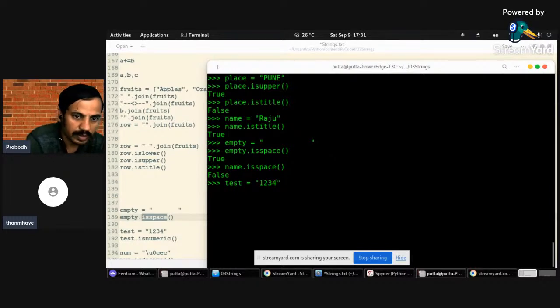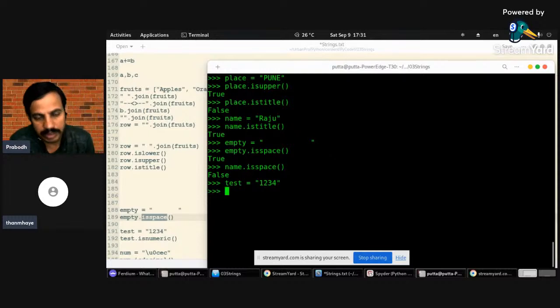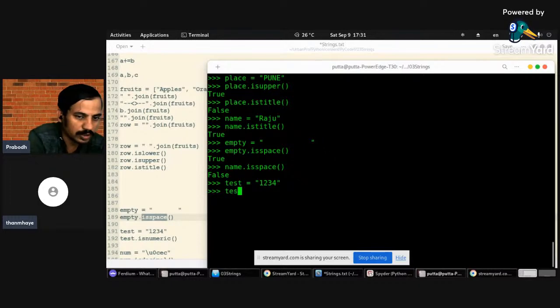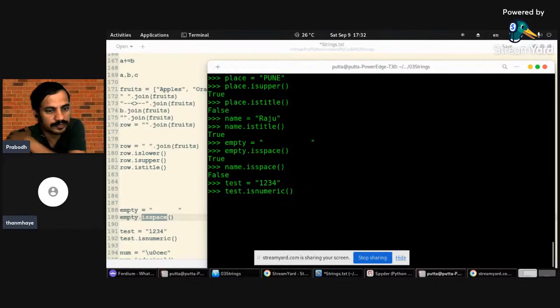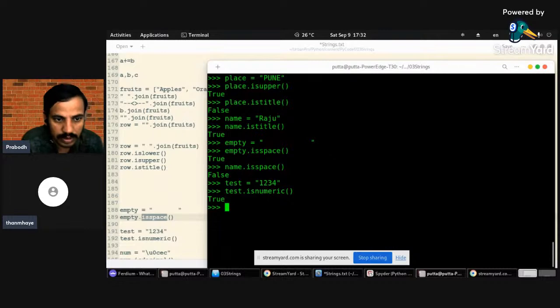Okay. So if you want to check whether a given string consists of only numeric characters, you can use a function called isnumeric, s dot isnumeric. Okay, it returns true,